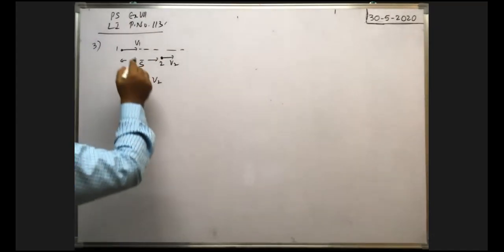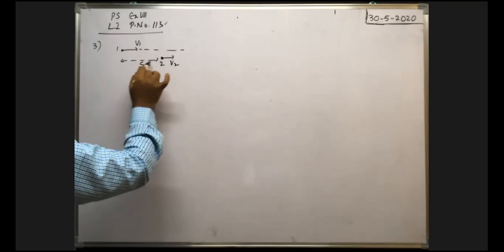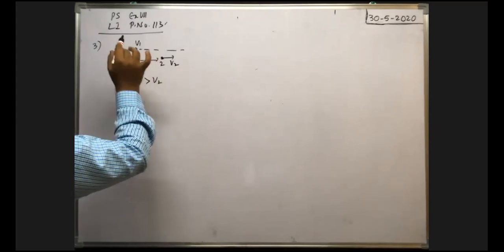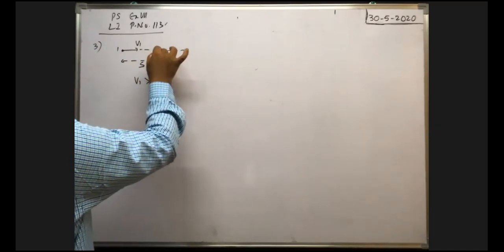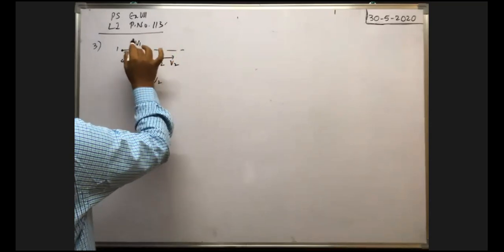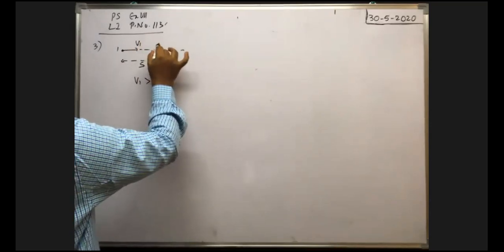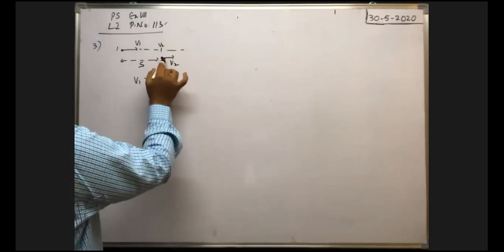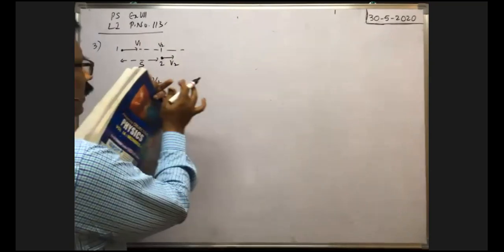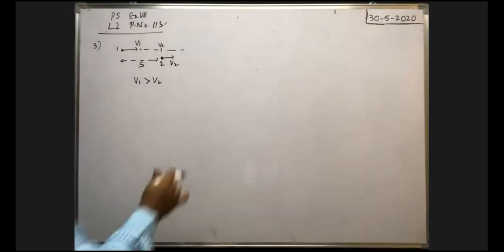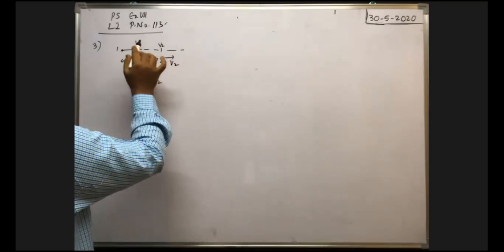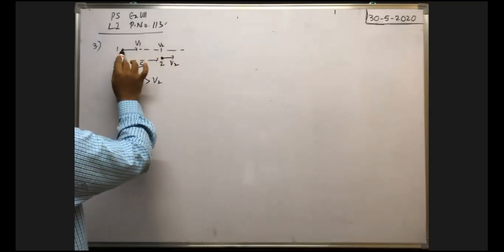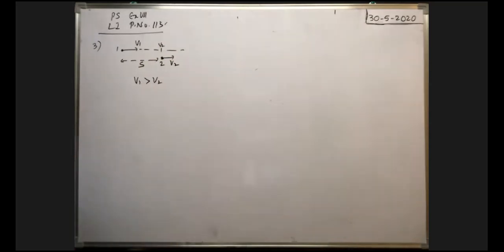Minimum retardation means whenever car 1 sees car 2 at a distance s in front of it, it applies the brakes. Then the car travels with deceleration, and just before it reaches car 2, the velocity of car 1 must be reduced to v2. Then both have the same velocity, so they travel with the same speed, and for any length of time there is no further collision. That's why they asked for minimum retardation: at least the velocity of car 1 before it reaches car 2 must become the velocity of car 2 to avoid collision.